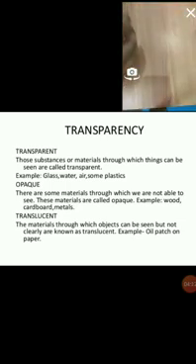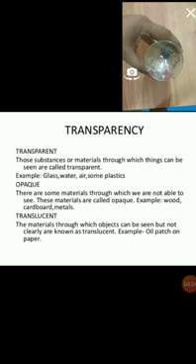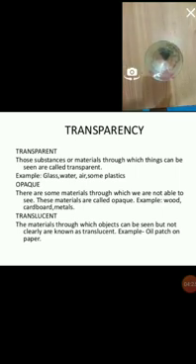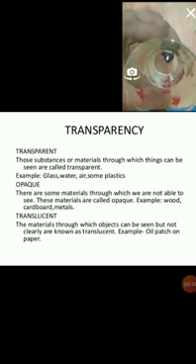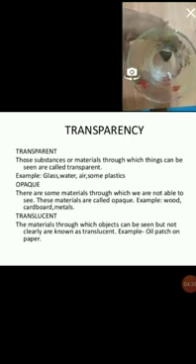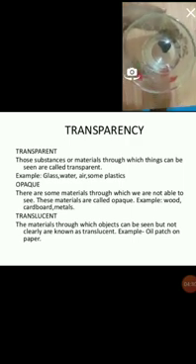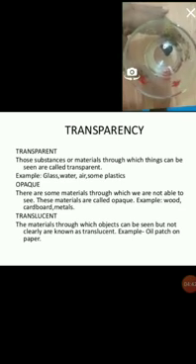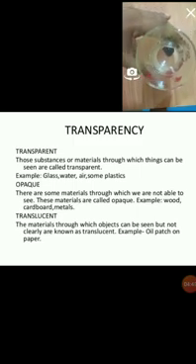Now if I ask, are you able to see a stone piece inside the glass? Yes, you are able to see. See, the glass is filled with water and at the bottom it has a stone piece. You are able to see it. It means through clear water you are able to see the object inside it, so water also comes under transparent material.